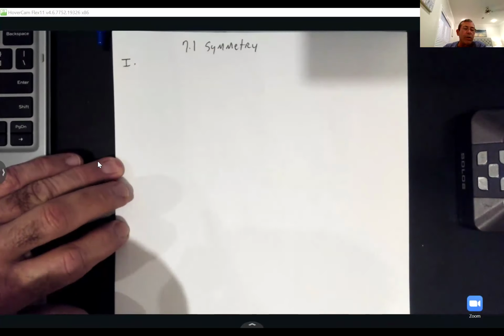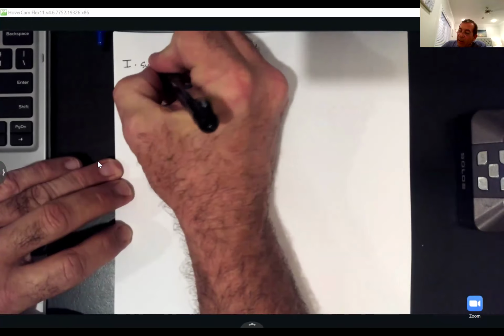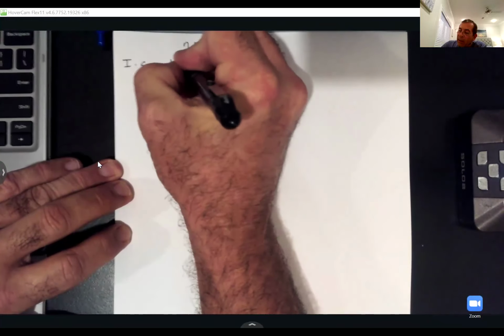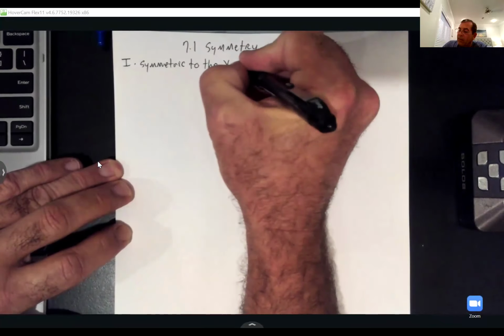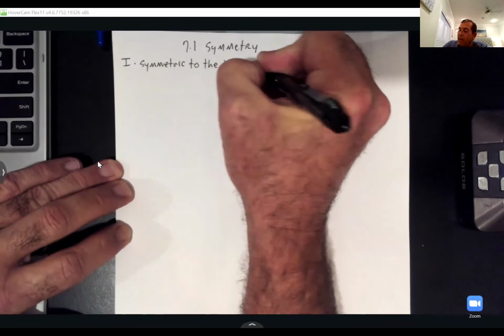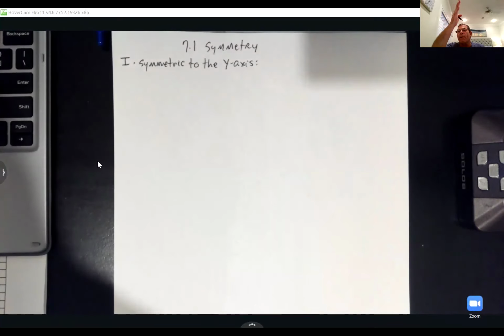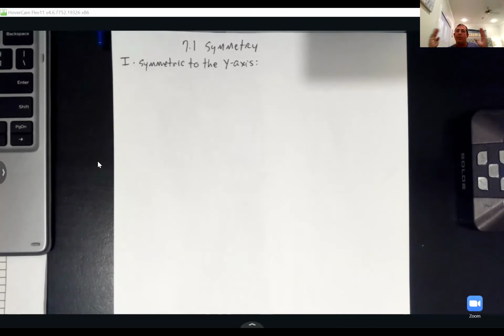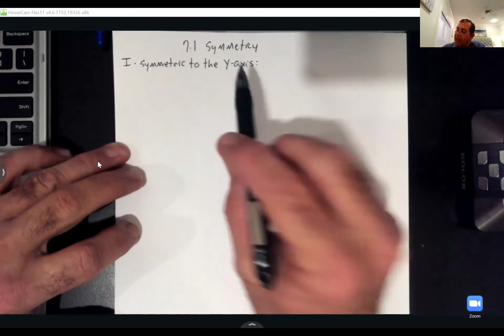The first one is what we call symmetric to the y-axis. And to me, when you think about symmetry, think about cutting your body in half vertically so that both sides are the same. That's what we're sort of talking about on this symmetry. So the first one, to be symmetric to the y-axis,